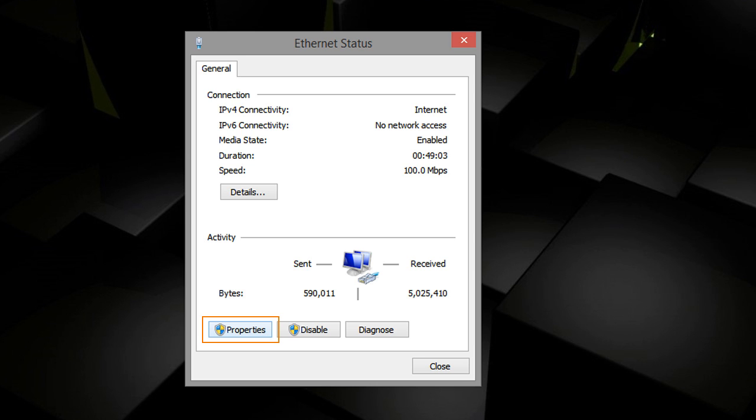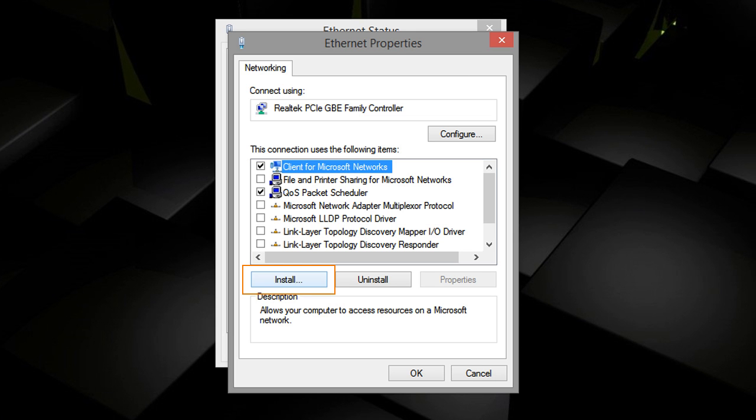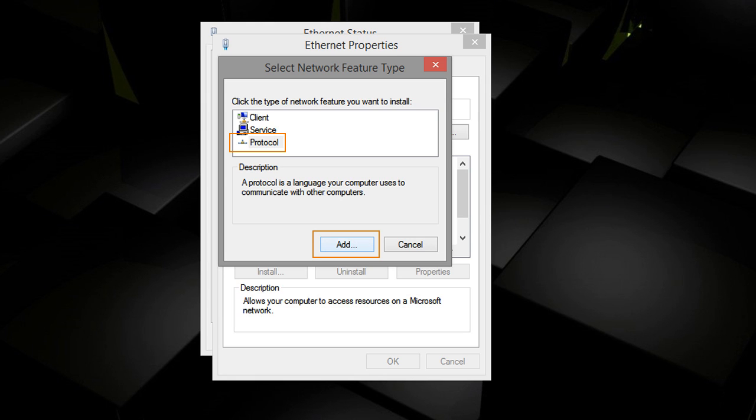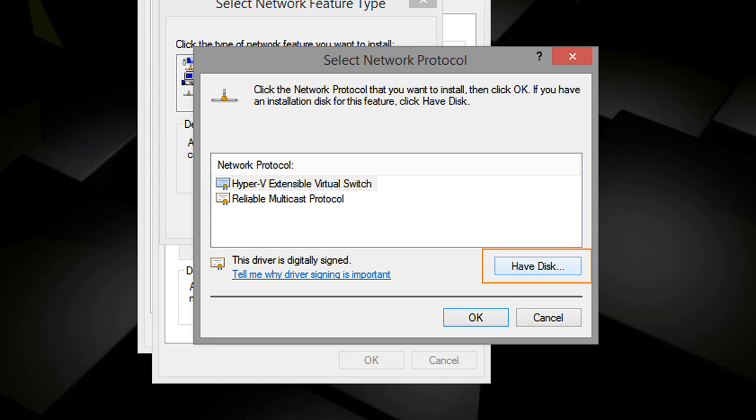and it brings up the Ethernet status window. This is where you set up your network card and all that good stuff. Now what you'll want to do is click on Properties, highlighted here in the lower left. Now it doesn't matter what you have selected here. I know here I have Client for Microsoft Networks selected. It doesn't matter because you're ignoring that for right now. And you'll want to click the Install button on the left. And you'll want to install a protocol, so highlight Protocol and then Add. And now here you don't want to select anything they have listed. You want to go down to Have Disk,